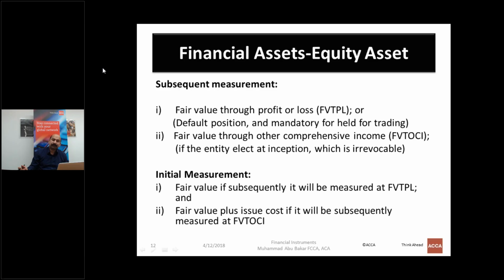Because after some slides we shall be discussing where you can change classification subsequently and where you cannot. But this is one example where once you classified a financial asset, which is an equity asset, at fair value through other comprehensive income, subsequently you cannot change this classification. Okay, next is